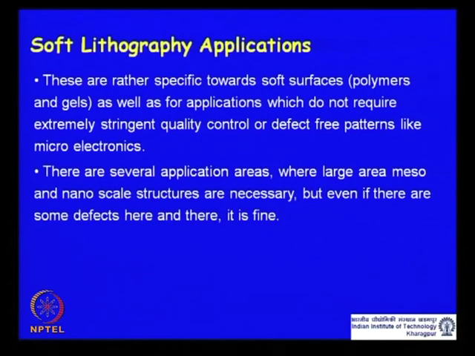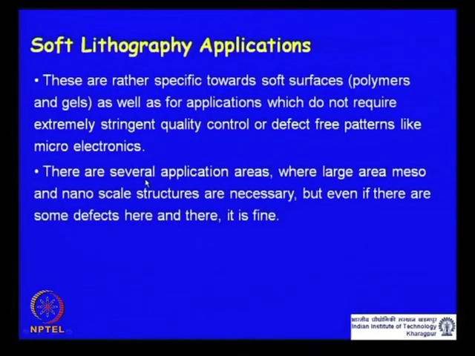We had talked about this when we completed photolithography and started talking about nano imprint lithography, that we are now talking of application areas which require patterned surfaces, but the fidelity requirement, the critical dimensional tolerance, the number of defects per millions of structures, is not as high as you would require in fabricating an IC chip or microelectronic manufacturing, where one defect is going to spoil the functionality of maybe your entire